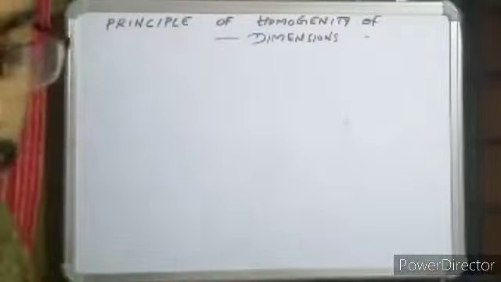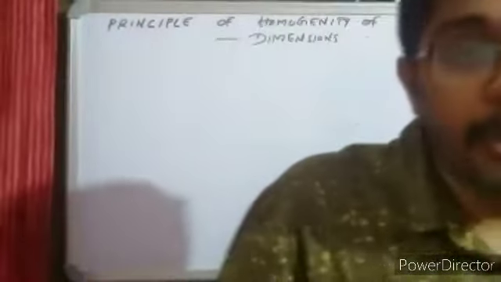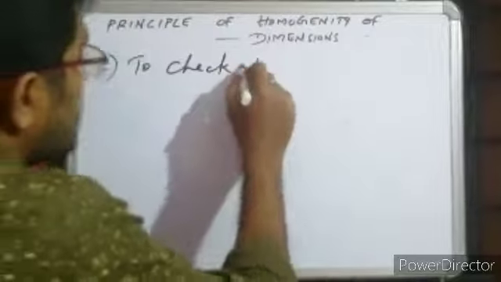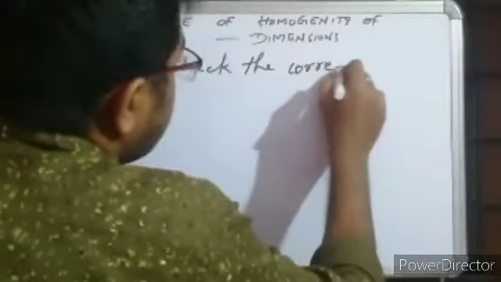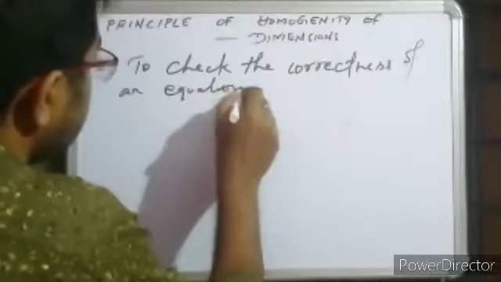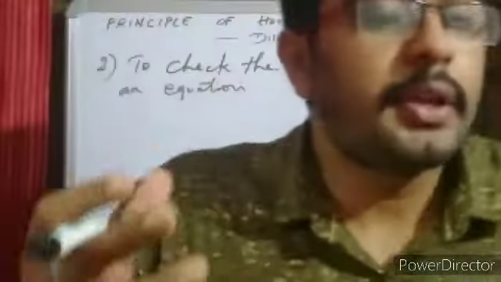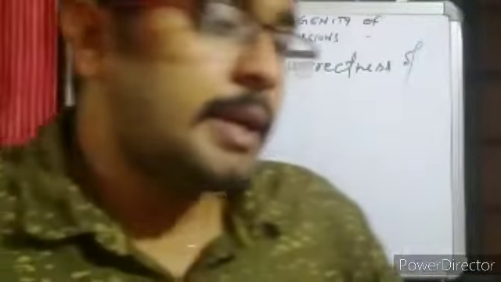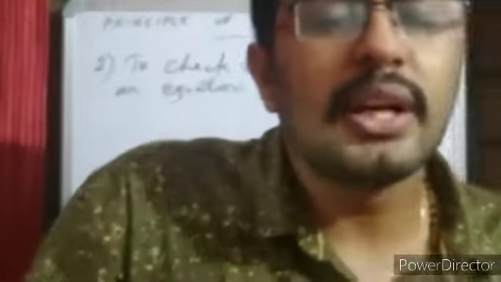And now on the basis of this principle, I can come to one of the uses of your dimensional formula or your dimensional equation. Already we have studied deriving an equation, as you saw in the last class, T is equal to 2 pi under root L by g. The next application is to check the correctness of an equation. When I say check the correctness of an equation, we can't say whether it is exactly correct or not. What I am explaining here is the correctness in its dimension, whether it is dimensionally correct or not.